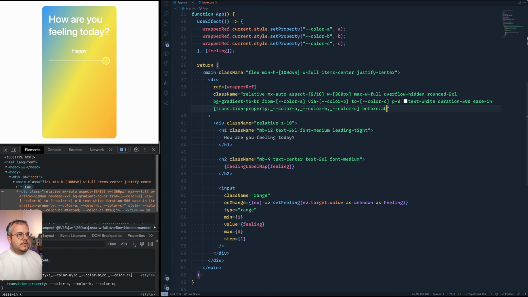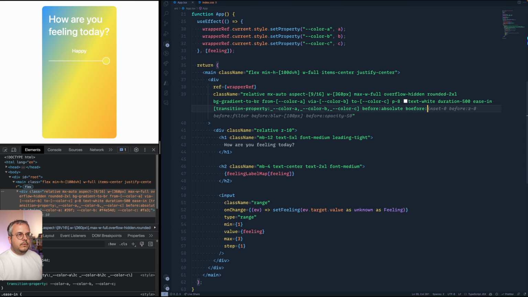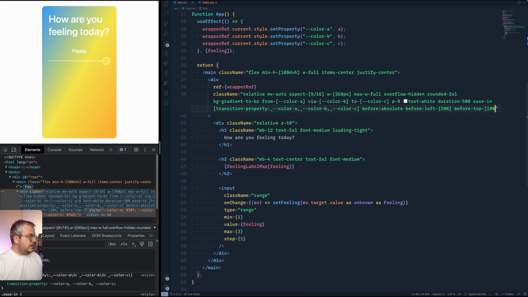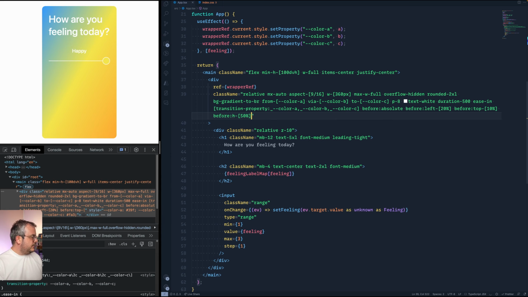So let's go back. These pseudo elements we're going to use before and then after, of course. That needs to be positioned absolute. And let me look to my left to get the right positioning, because for the before one, I've added a left of 20% and also before top of 10%. And then we're gonna add a height of 50% and a width of 70%.